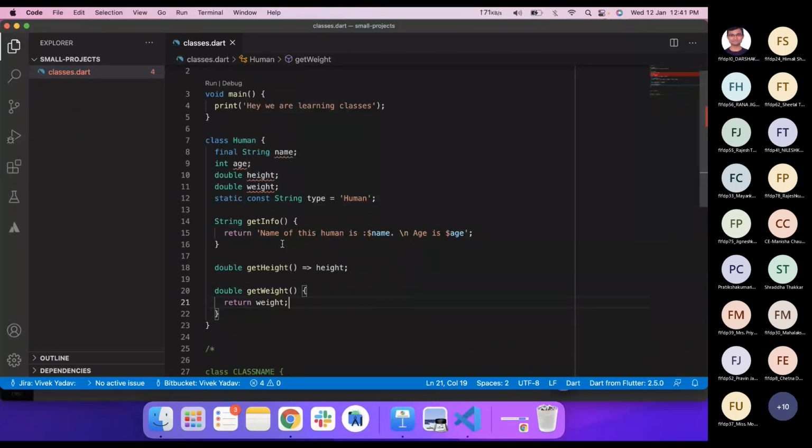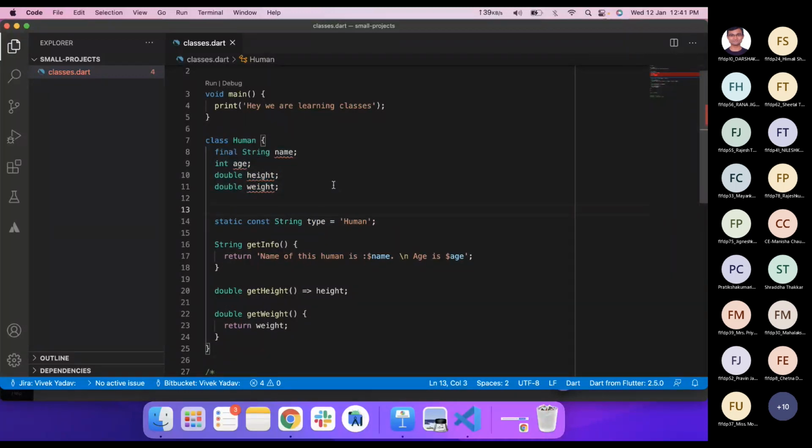Here we can see that the red line is not under this human, but it is on all the other variables. It is because we have enabled null safety. What does null safety mean? It means that our class will not have any null variable in it, and if you want a null variable, you have to specify it.